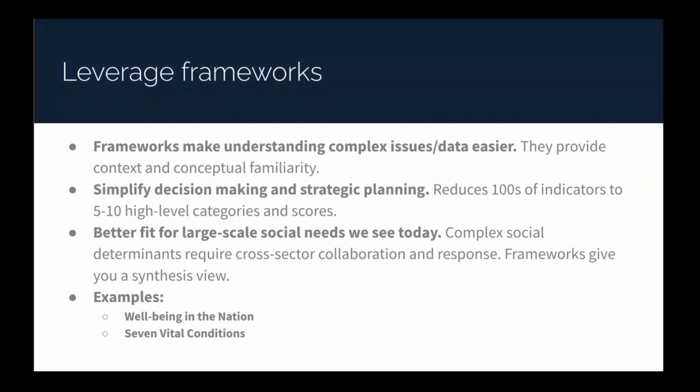And this is also, I think, a really smart way of thinking about broadly how communities are doing, and not just focusing on the disparities, not just focusing on the deficits within a community, but also focusing on the assets. So we used the 7 vital conditions as part of a needs assessment in New York City, and one of the interesting things that came out of that was the health system sort of saw not just the typical story of minority communities having worse health outcomes and being able to quantify that, but also, interestingly, using the 7 vital conditions, highlighted some assets within those minority communities that they hadn't been aware of,